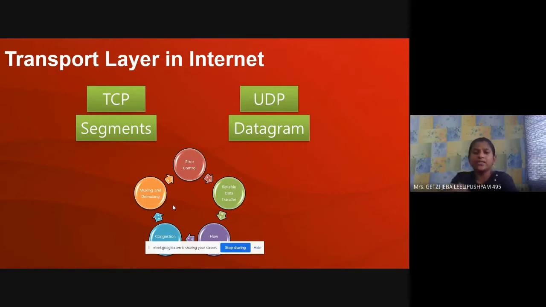Now on the sender side, TCP keeps the record. 1 is delivered, I got acknowledgement for 1, I got acknowledgement for 2, I got acknowledgement for 3, but 4 I didn't get, so I have to retransmit. If it did not receive acknowledgement for any packet, the transport layer will wait for some time. Even after waiting, if it did not get the reply, it will retransmit the packet. This is the function of TCP.